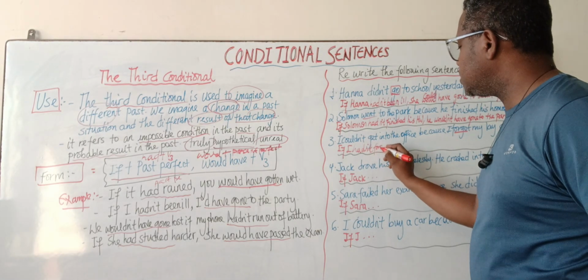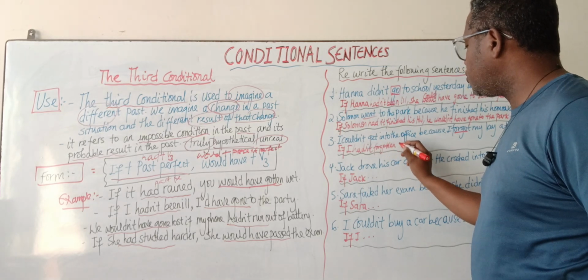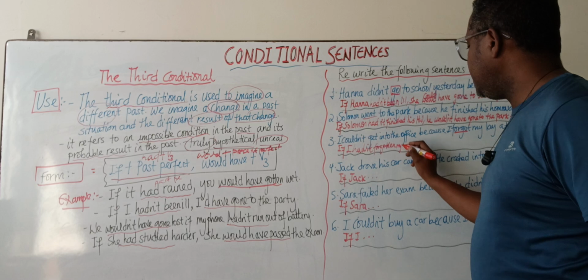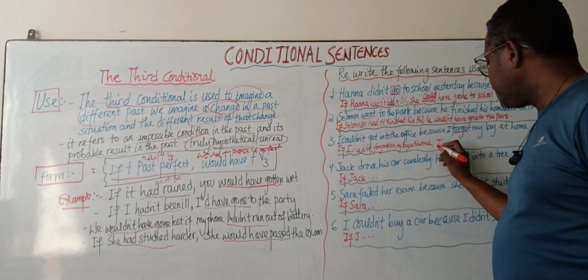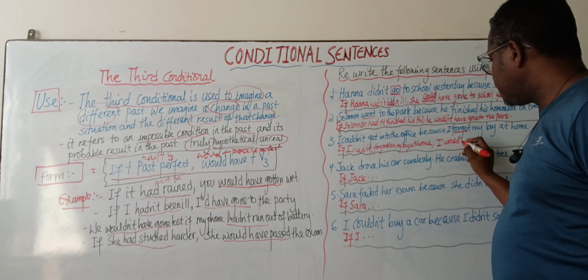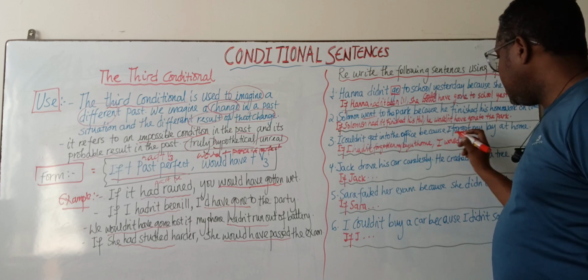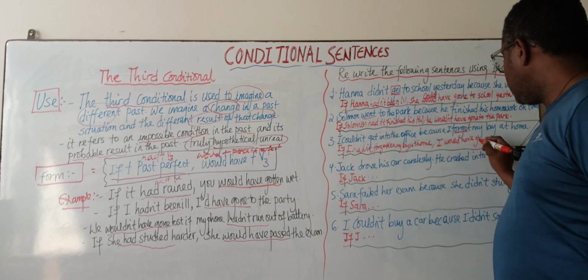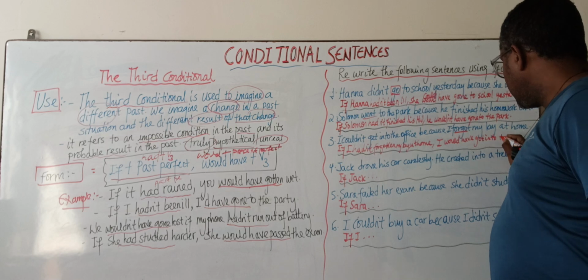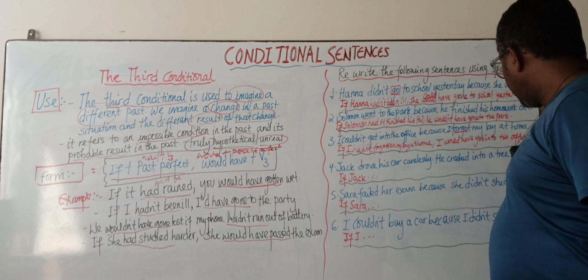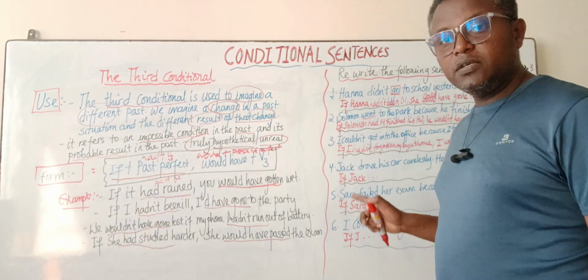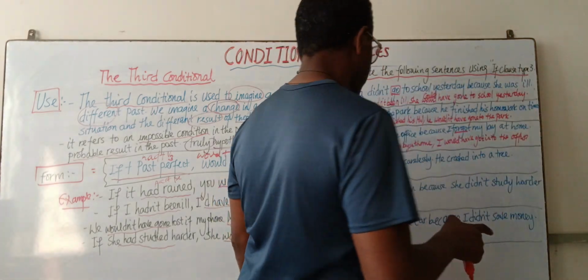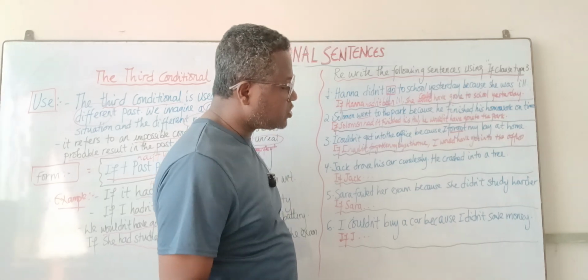If I hadn't forgotten my keys at home, I would have got into the office. So this is what we need to do when we are given a different circumstance or situation,